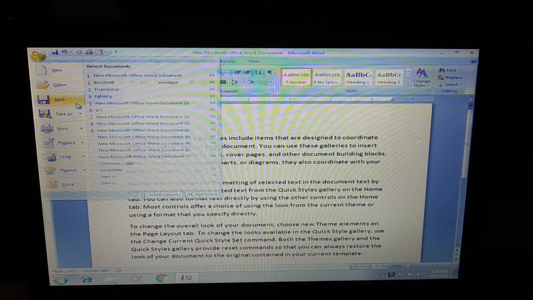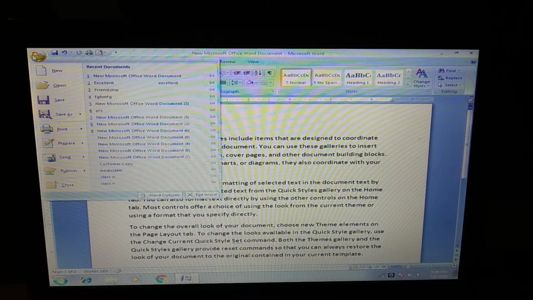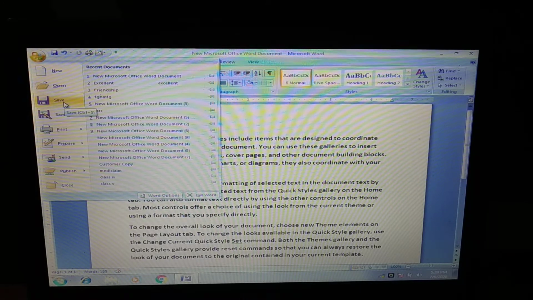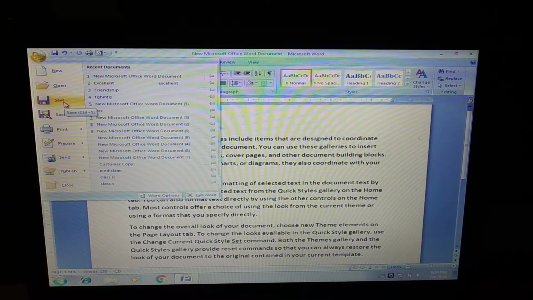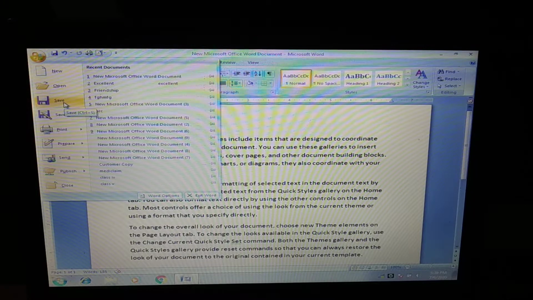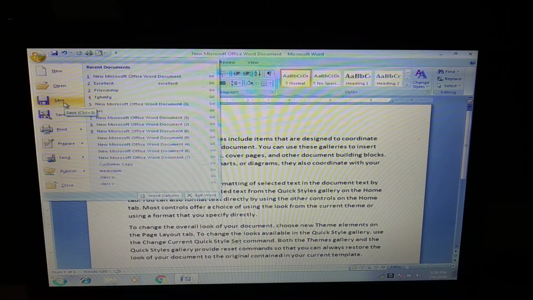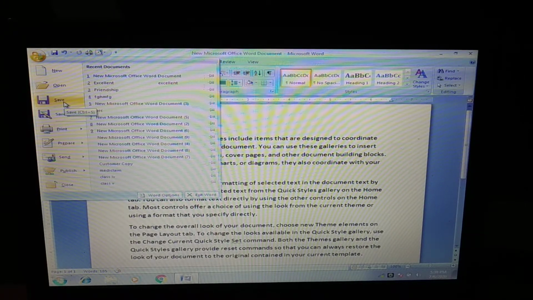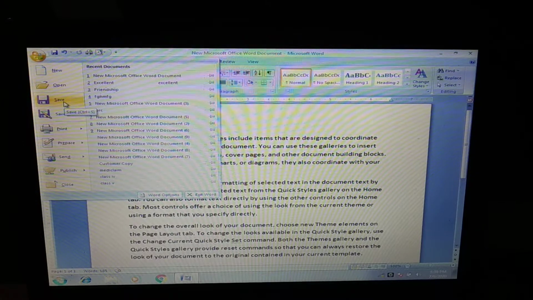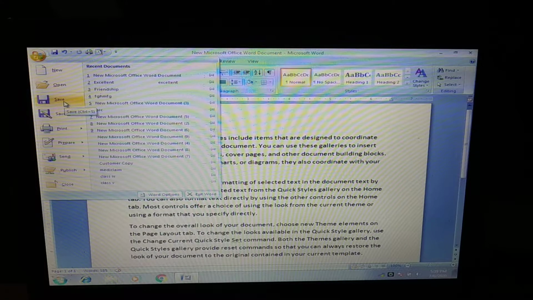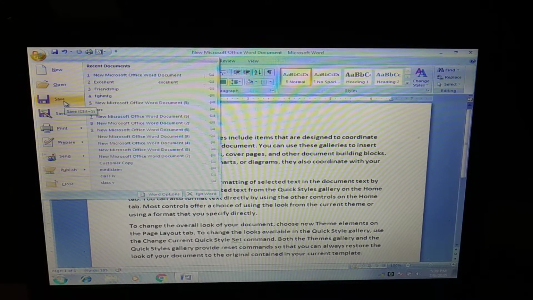Control. Once again I am showing you Control plus S. So this is the shortcut key, as you have learned earlier. For bold, Control plus B. For copy, Control plus C. All the shortcuts you all have read and learned, I hope. So for saving, the shortcut key is Control plus S.